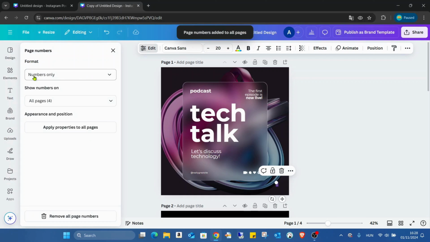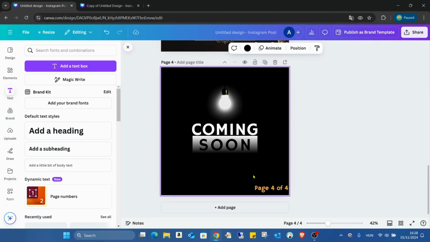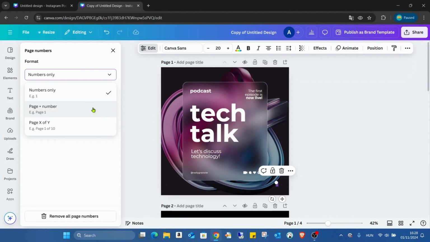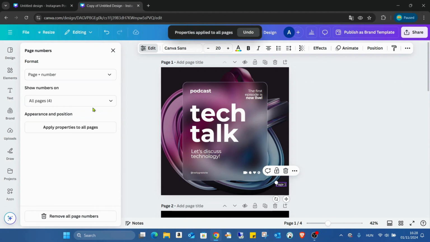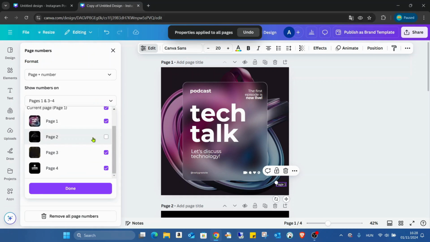First we have this option to format. We have numbers only. We have a page plus number and page X of Y, means what you can see here, page 4 of 4. So now I'm choosing the second option, and here we can also choose which pages we would like to use with the numbers,